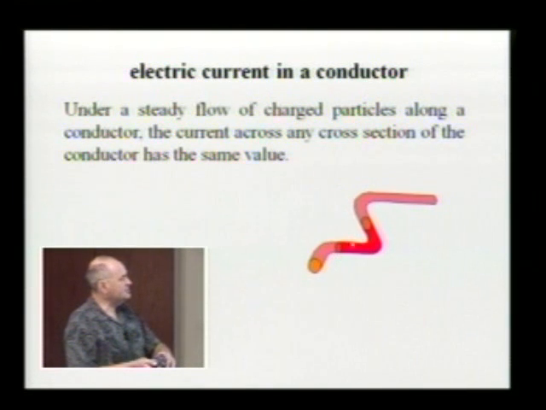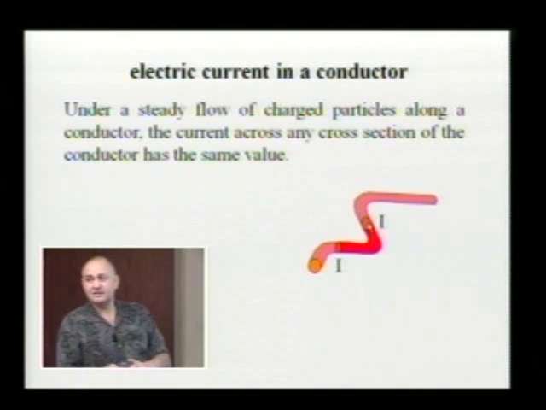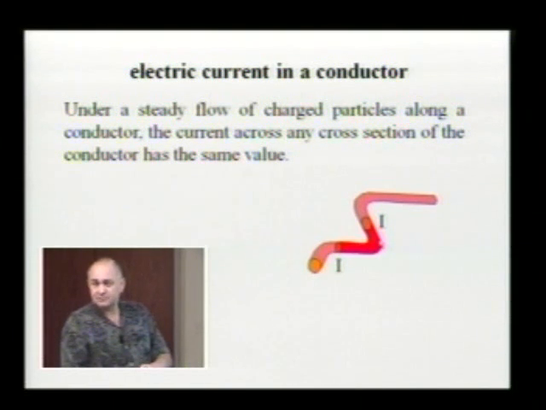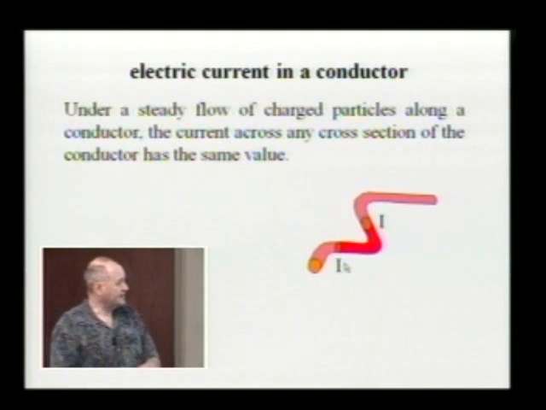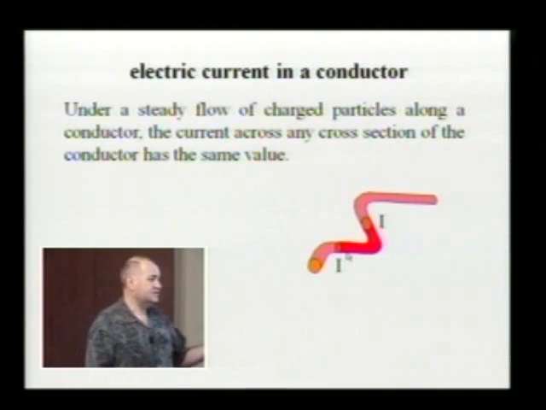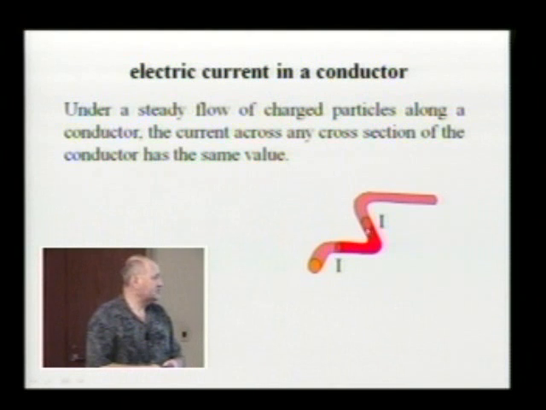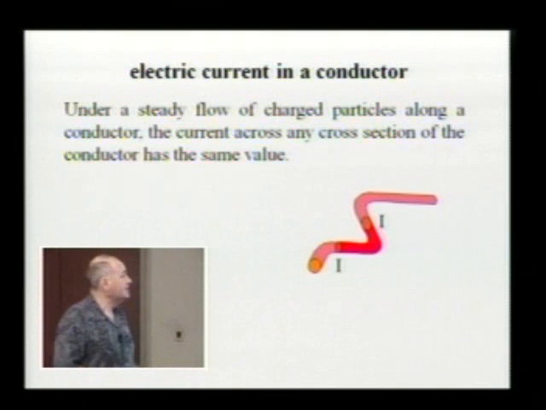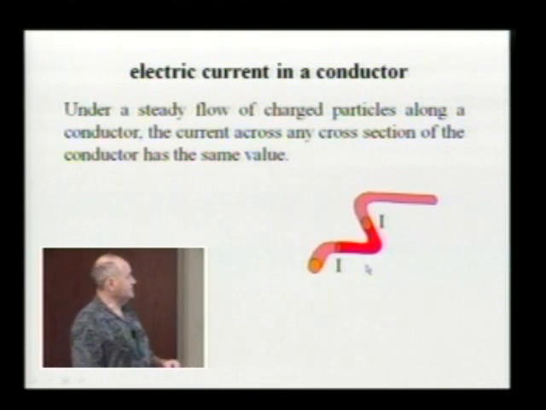if I consider various surfaces, like these 2 surfaces, current through this surface is going to be equal to current through that other surface. In a steady flow, charge does not get accumulated in the region between the 2 surfaces. And the fact that it does not accumulate requires that whatever charge enters from one side, an equal amount of charge has to exit on the other side. Otherwise, we would have accumulation or depletion of the charge in that region. So,